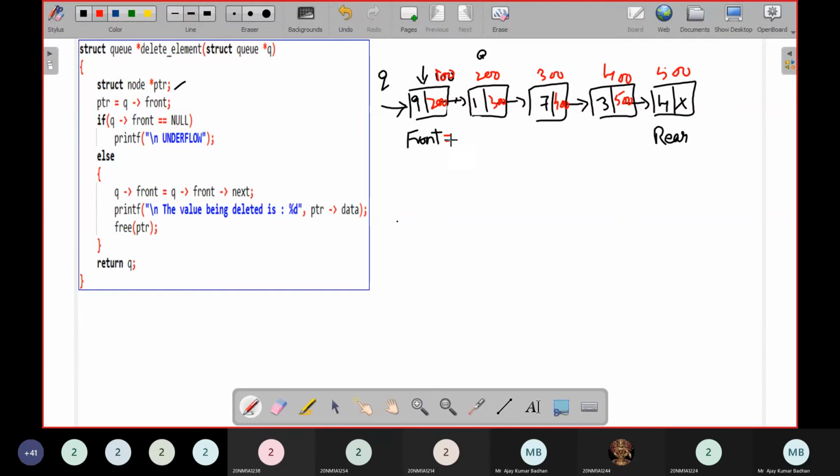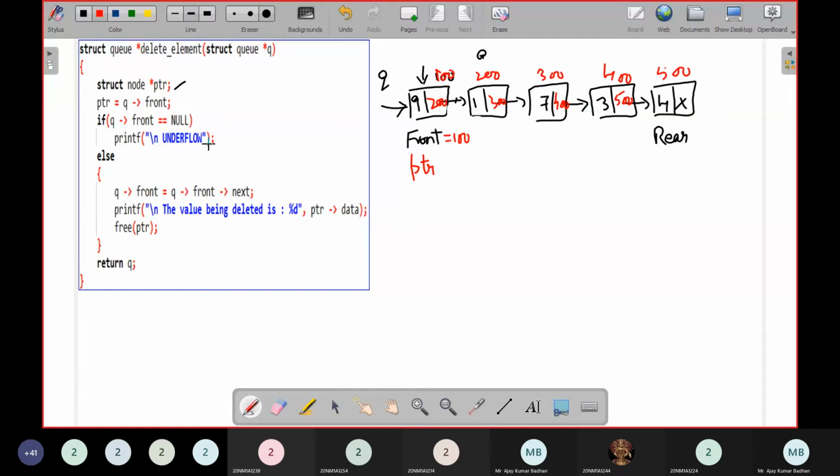Front will consist of the address 100, the address of this node. So what is the address present in queue of front? 100, so that I'm keeping. Indirectly the pointer is coming into the picture here, and it is pointing to the first node which is present.